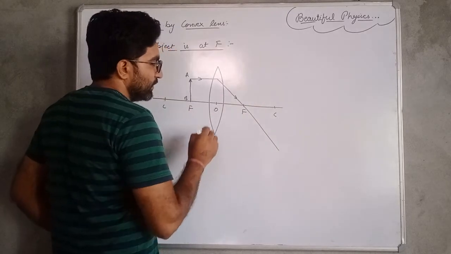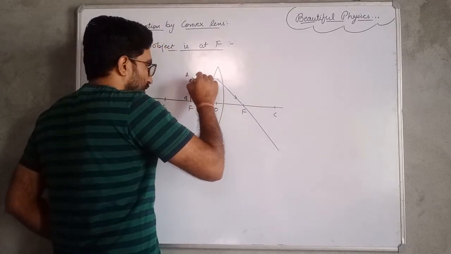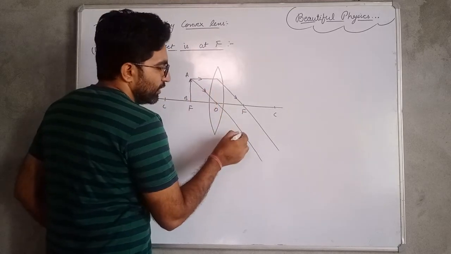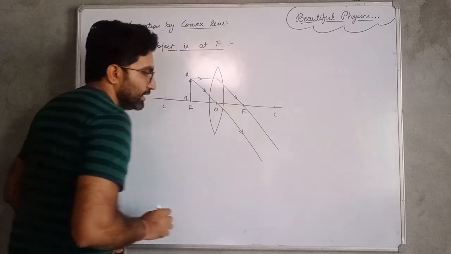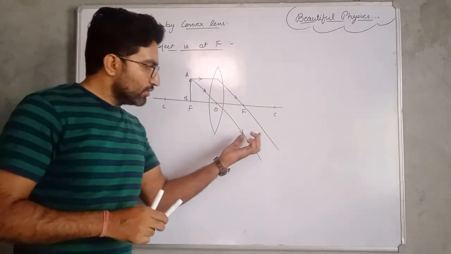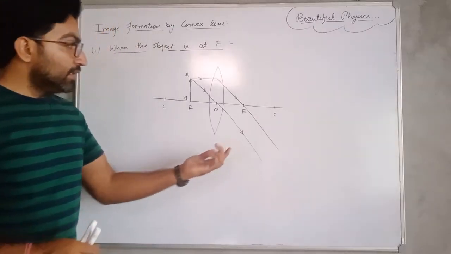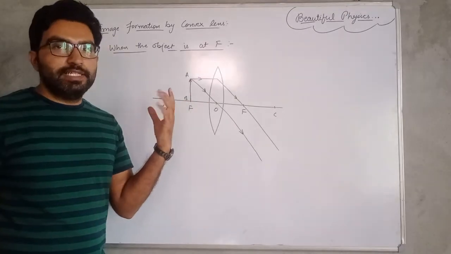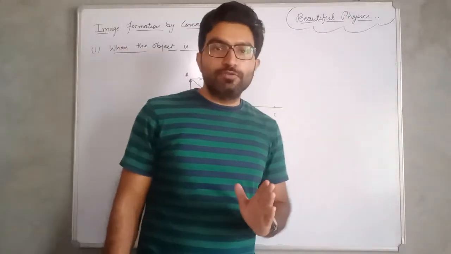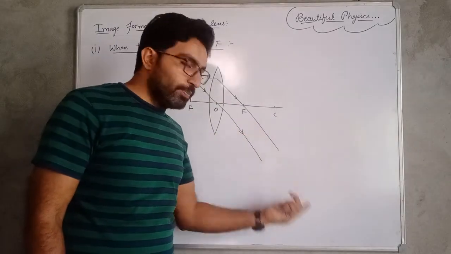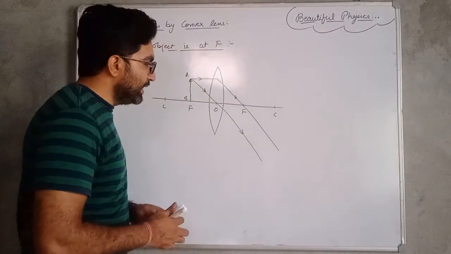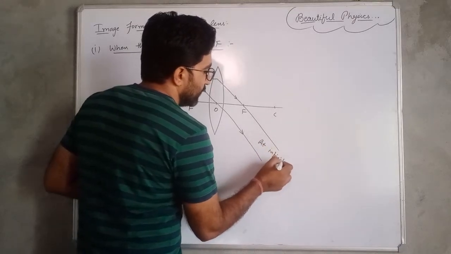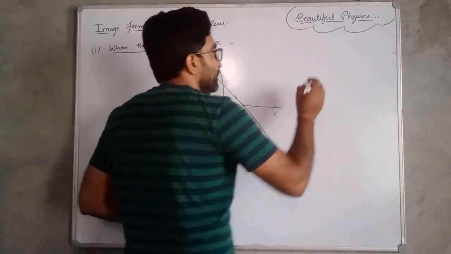Okay, and second ray of light from the optical center, and the rays going from the optical center go straight without any deviation, and we can see that both of these rays are going parallel to each other. And remember our first case. In that case, the object is at infinity and the rays are coming parallel to each other, and here the rays are going parallel to each other. It means they will meet at infinity. So our image is formed at infinity.